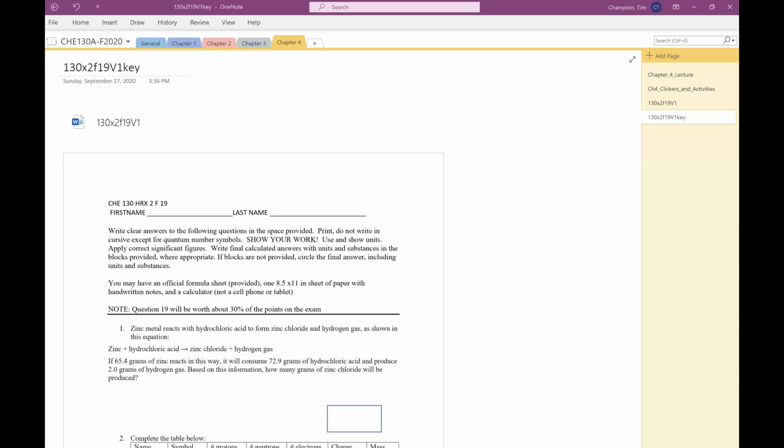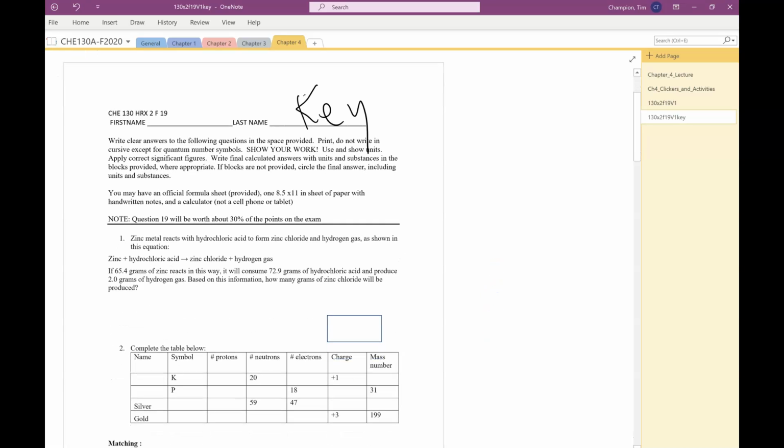All right, we're going to go over last year's exam 2. I made a copy of the exam here and labeled it key, so we're going to go over that. Remember that your test is probably going to be a little different because of it being in a fully online fashion. All right, so the first question on the exam here is about the conservation of mass, and the idea